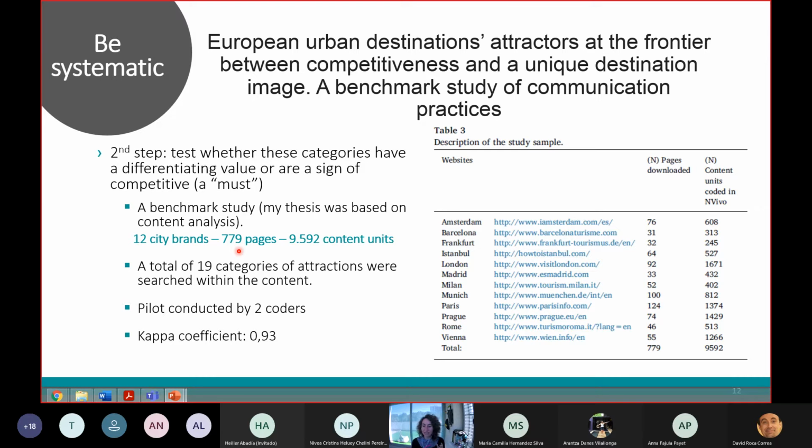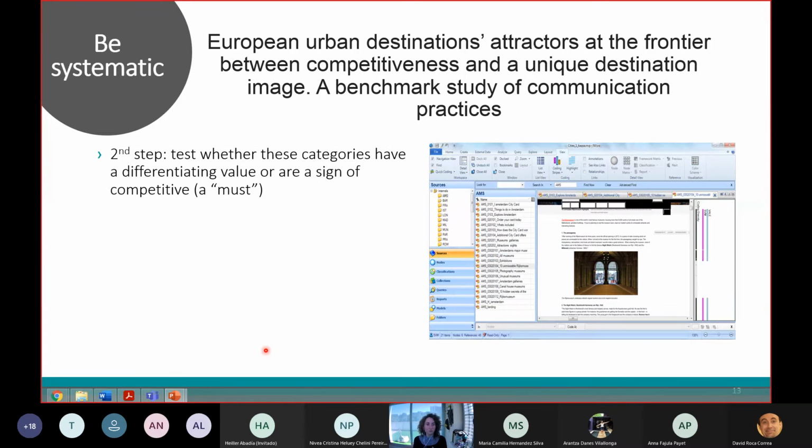I analyzed 779 pages and a lot of content units, which is a story for another day. And I tested the 19 categories that we saw in the previous page. I explored and coded all the content according to these 19 categories. Of course, I conducted a pilot with the coders because that was based on content analysis. Sorry, I'm not sure if I mentioned it. And I had this kappa coefficient, which is really important for a journal to show that the coding process was reliable. In this second stage, I did that coding in NVivo,